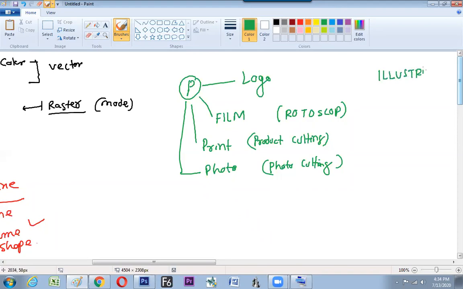Illustrator, Photoshop, After Effects, Premiere, InDesign. So this is the designing industry.